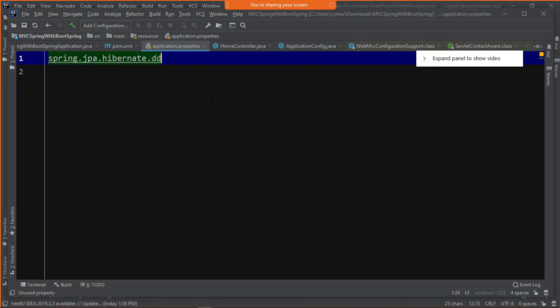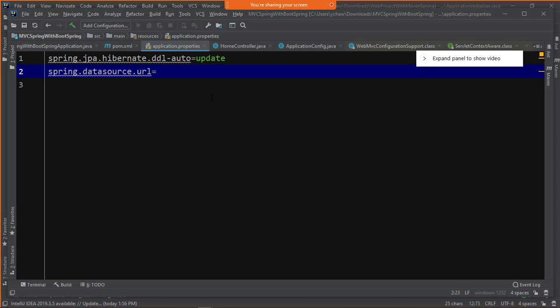Right now I'm using update, but in future when Spring Security comes, I will make it none, because then my code will handle everything. Here I am saying let the database play its role. So the values are update and none.